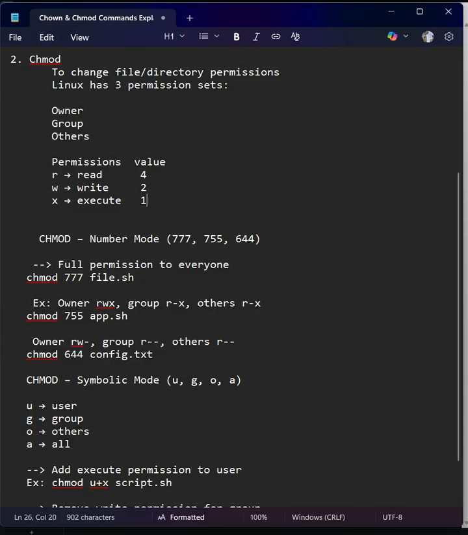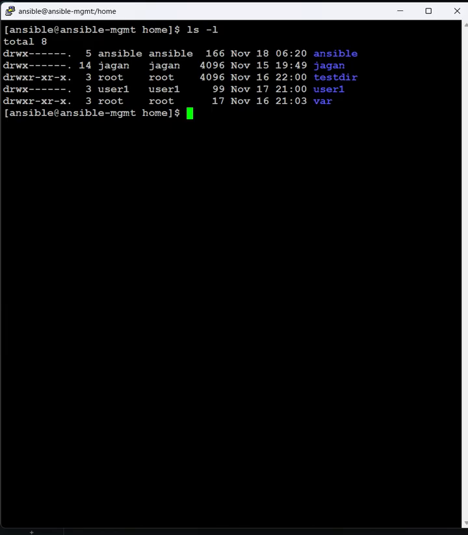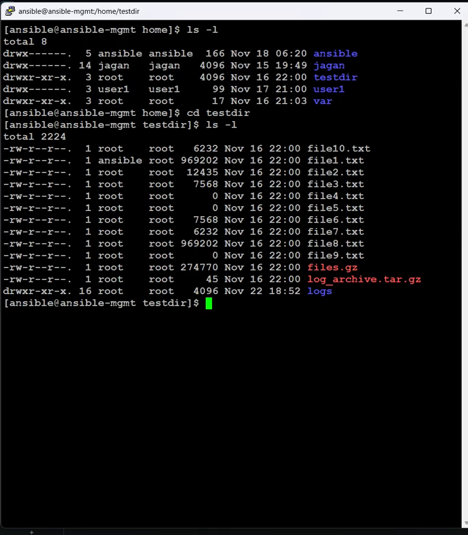Now let us see in detail in the console. First I want to change the owner of the file. What is the command to use and how to use it, we will see. First, let's see what files we have in the home directory. Now let us change the directory to testdir. If you see here in testdir, we have files